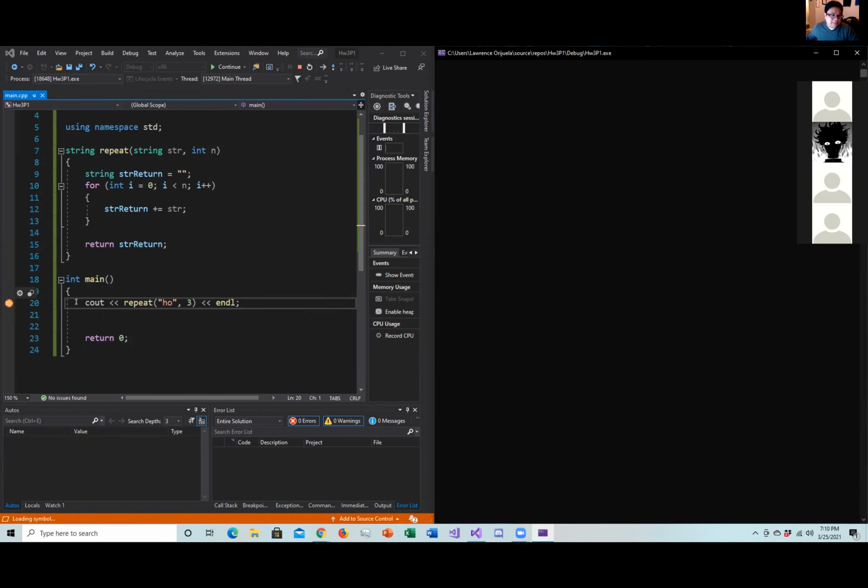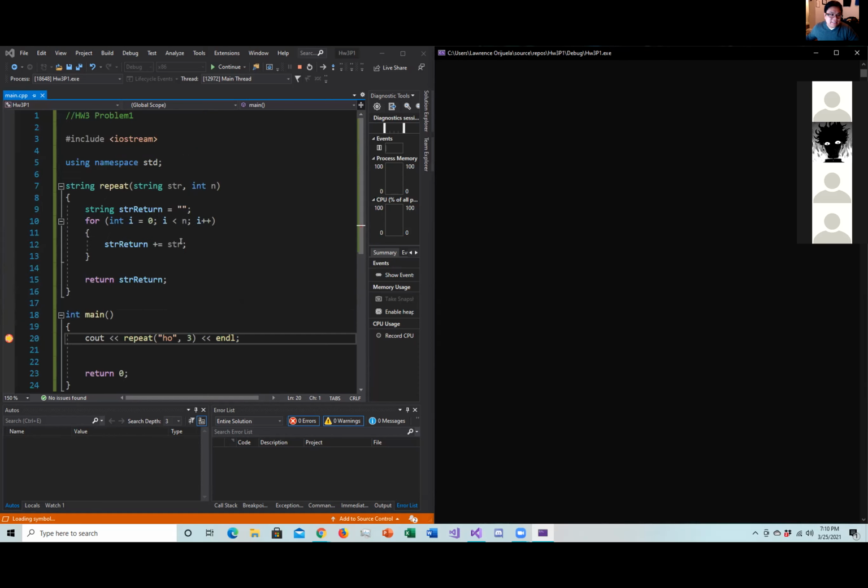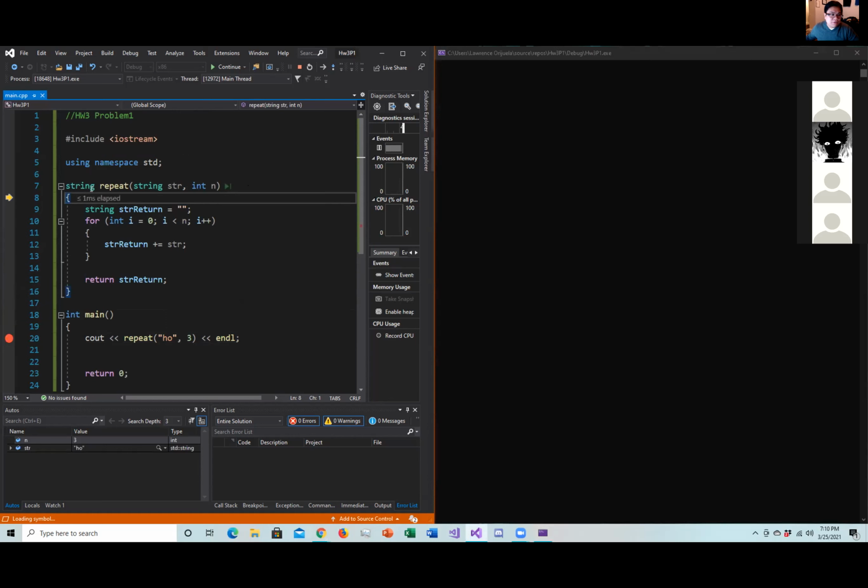All right, so when the compiler goes to line 20, int main calls the repeat function and it passes the string "ho" as string and it passes 3 as int n, right? So the compiler jumps to the repeat function definition. It initializes a string called string return, which is an empty string, and it does a for loop, right? And because n is equal to 3 here, as you can see down here in autos, n is equal to 3,